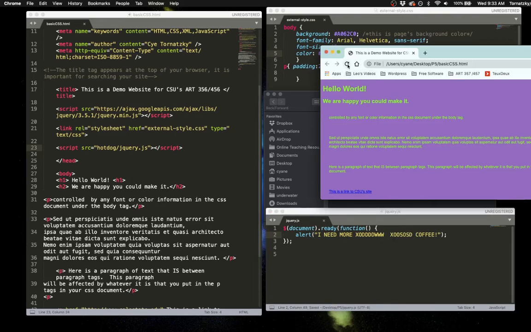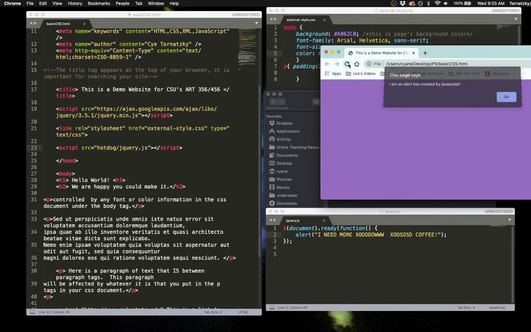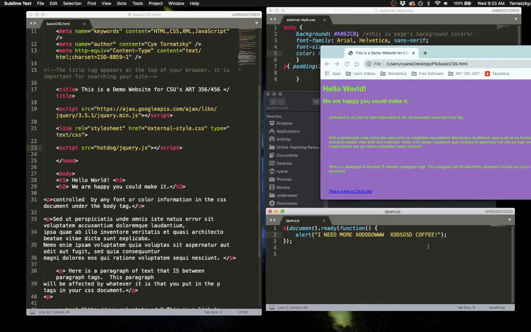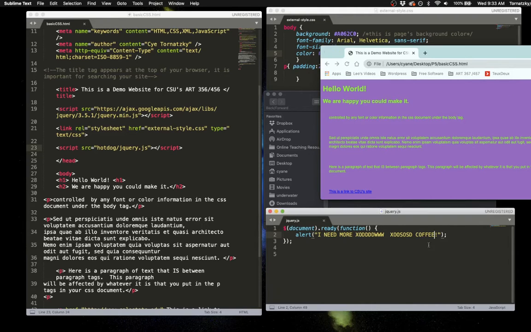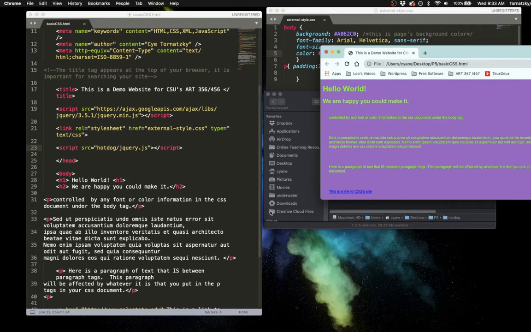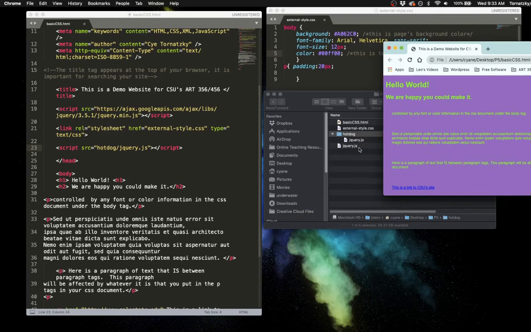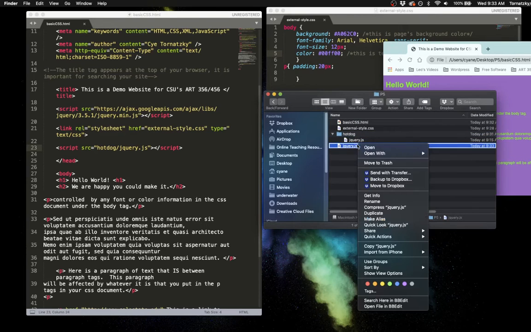And now when I hit refresh, so this is reloading the page. Hey, no, I didn't save it. Boo. Cool. Nope. What is happening? Oh, you know what's happening? I put my jQuery into